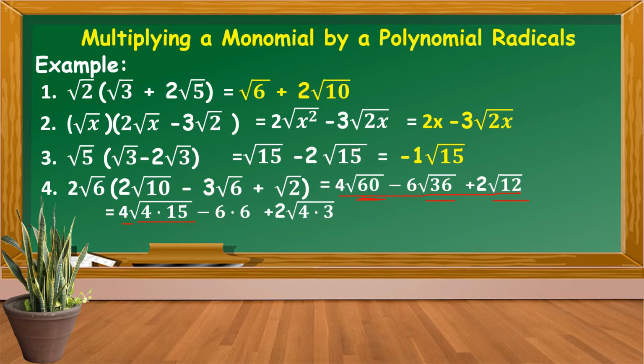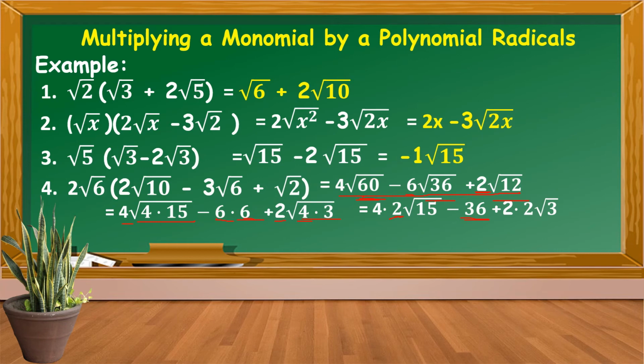Then 6, kopyahin natin si 6 dito. Saan galing si 6 na ito? From the square root of 36. Then, kopyahin natin si 2. Ayan. Then, factors of 12, wherein one factor is a perfect square, that is 4 and 3. Next, bakit may 2 here? From the square root of 4. So, 4 times 2 times square root of 15. Minus 36, why minus 36? From 6 times 6. Then, again, sa 2, then the square root of 4, so we have 2 times 2